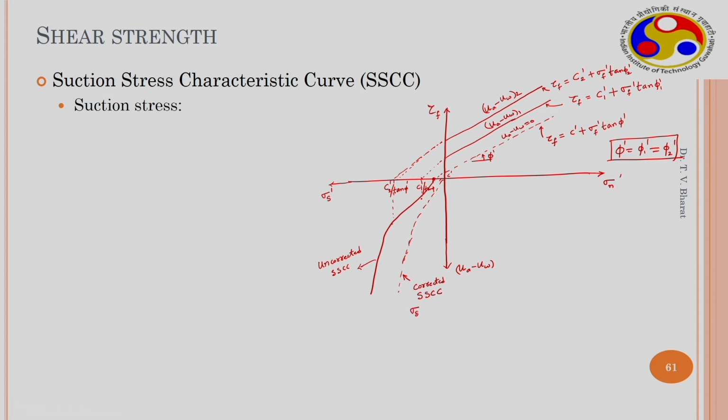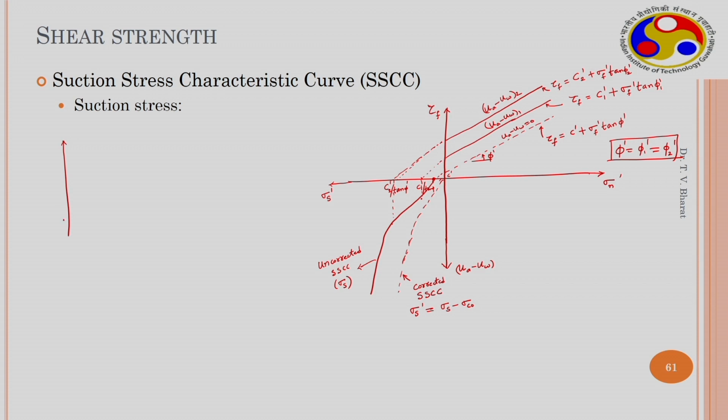So, this is sigma S and this is sigma S dash, which is equal to sigma S minus sigma C naught. This is how the corrected suction stress characteristic curve can be obtained for any given soil, or the effective stress can be determined for a given suction value using the measured data from suction control tests. When the data of deviatoric stress